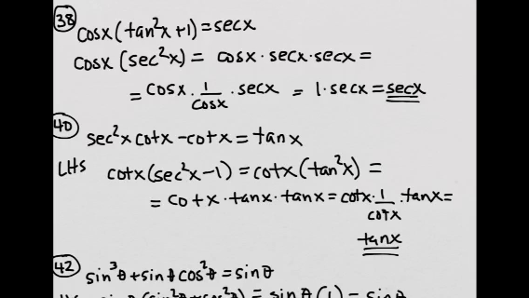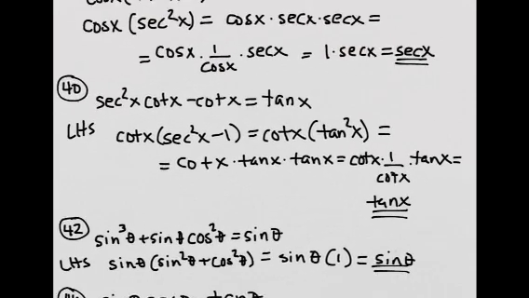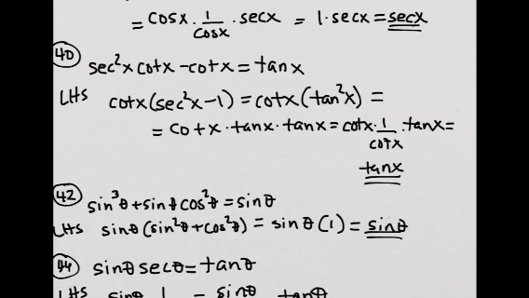For 38, I worked on the left side, and I replaced this with secant squared theta. Then I divided the secant squared theta into the two factors. This one I converted to 1 over cosine, so this cancels. And so I've got 1 times secant theta, and we're done. Number 40 is very similar, I think. I factored out a cotangent theta from the left side, and then I'm left with this. This becomes tangent squared theta, and then I